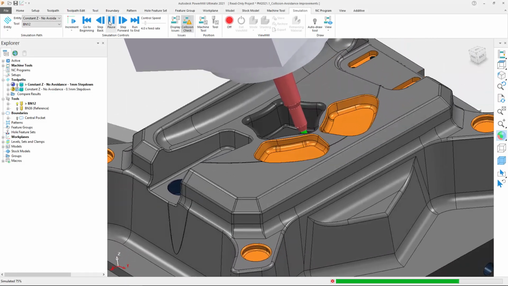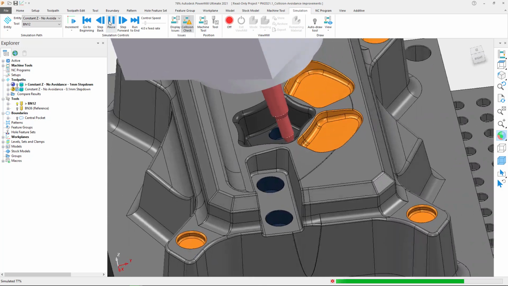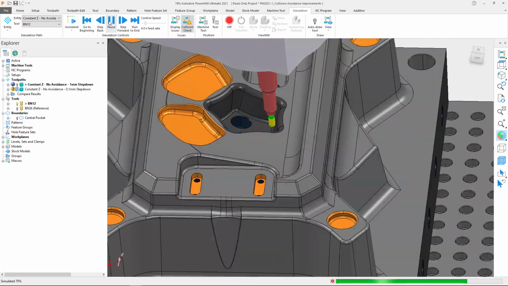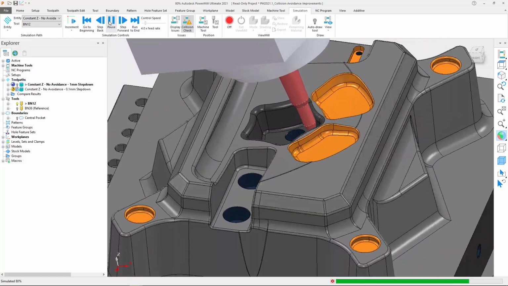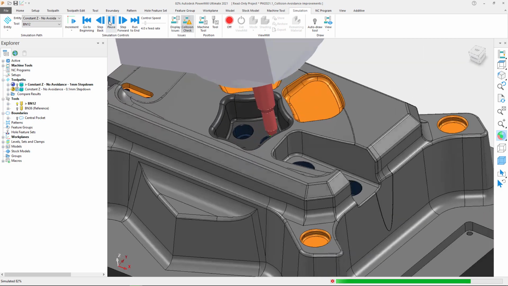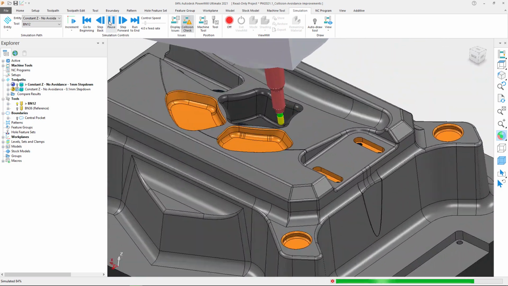Using automation in your part programming can have many benefits, increasing consistency, minimizing programming time, and maximizing productivity and throughput. But in order to be successful, automation must be both quick and reliable. To address this, a number of improvements have been made to the way automatic collision avoidance is calculated in Autodesk